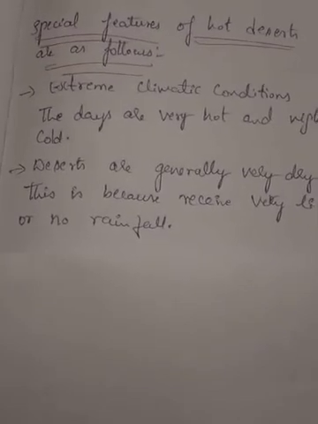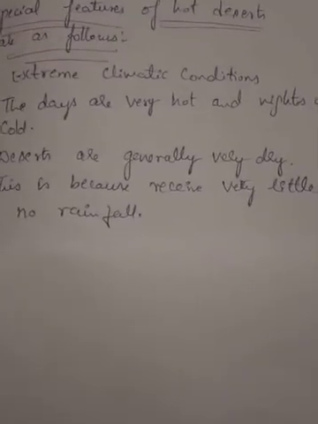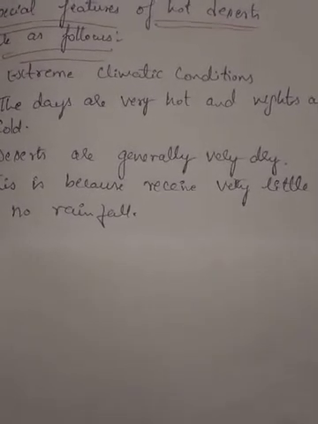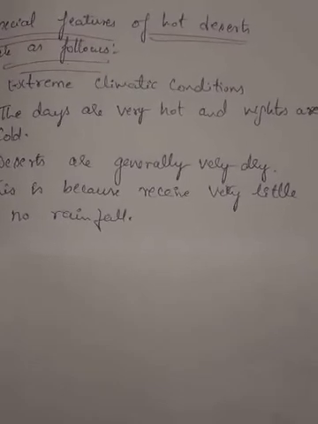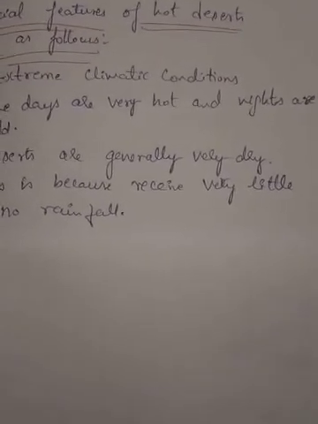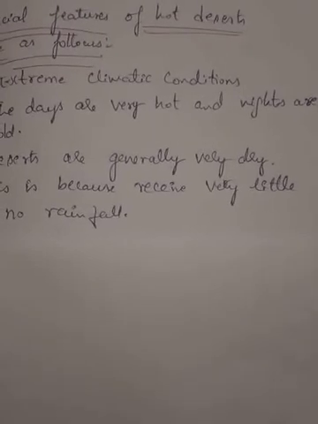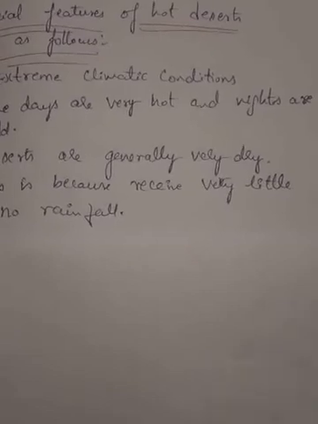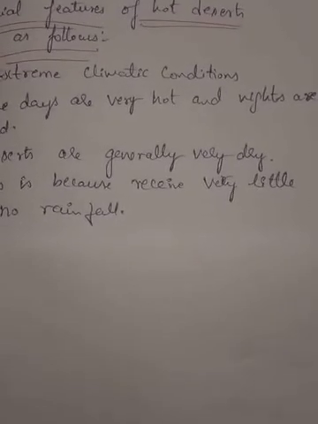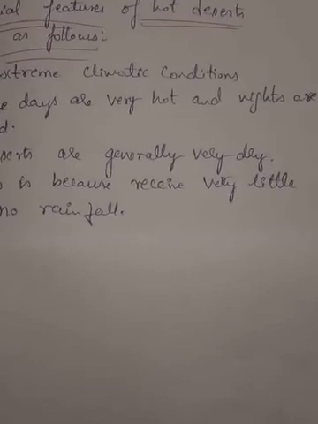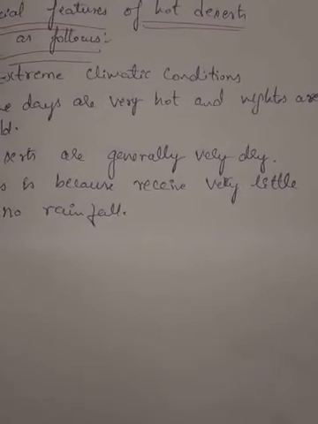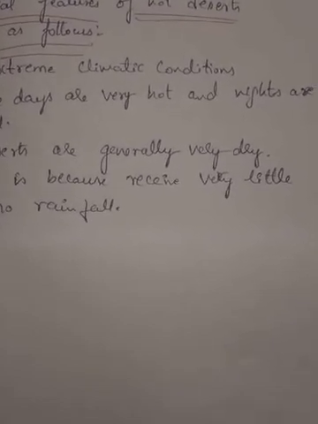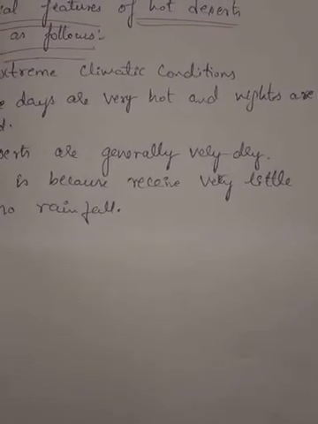As I said, the loose sand blows away when strong winds blow, and forms hills. And these sand hills we call sand dunes. What do we call? Sand dunes. Small hills of sand are called dunes. Dunes are formed when the sand moves from one place to another due to the strong wind. In simple terms, when the sand moves from one place to another due to the blowing of the wind, it forms the shape of a hill, and this shape we call dunes.